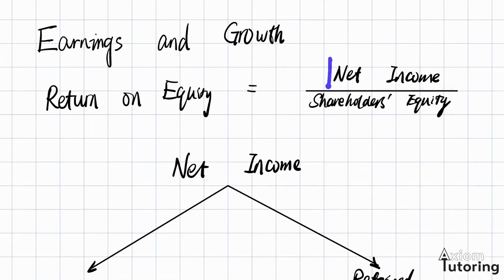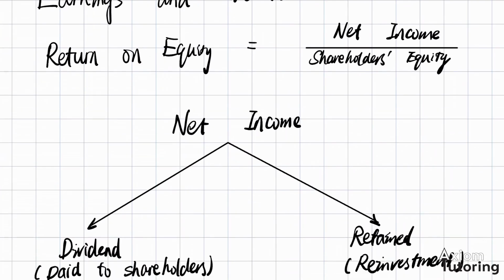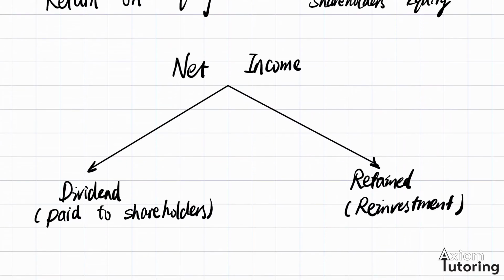Through the basic operations of the company, you will earn net income. That is your revenue, and then you deduct all of those expenses and costs. Then you have your net income. So where can this net income go? Firstly, you can pay it out as dividends to the shareholders, and the rest of it you can keep in the company, or reinvest, so it becomes the retained earnings. What do we do with the reinvestment here? It helps the company to grow.